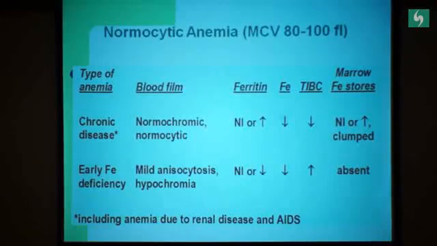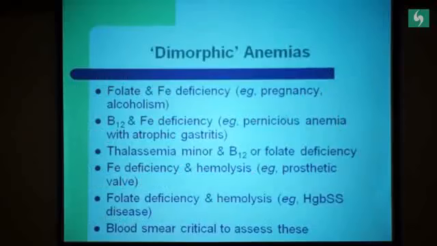Of course, as I mentioned, if there are dimorphic anemias, combinations of different substrate deficiencies, then it is going to be a different picture, as we see with folate and iron deficiency in pregnancy and alcoholism, because alcoholics may bleed and they may have iron deficiency, and they may have B12 or folate deficiency because of dietary insufficiencies. Then there are patients with B12 and iron deficiency, and mind you, these combinations occur in practice, and that's where these anemias could be complicated or not responding, because there's some element which is not picked up, not treated, and they are inadequately treated and inadequately responding.